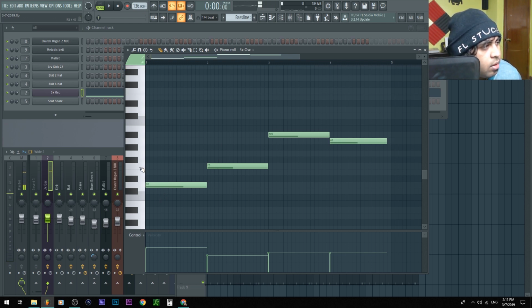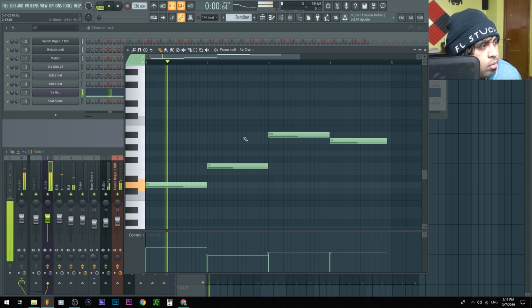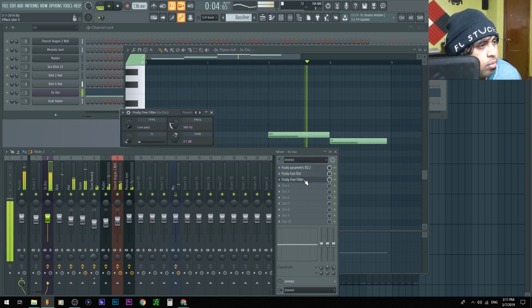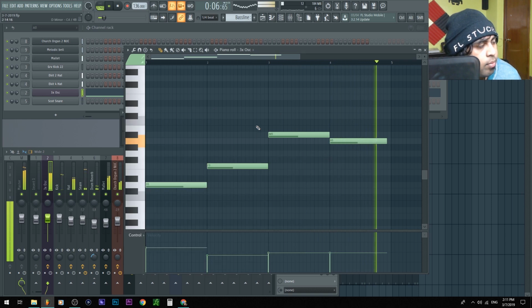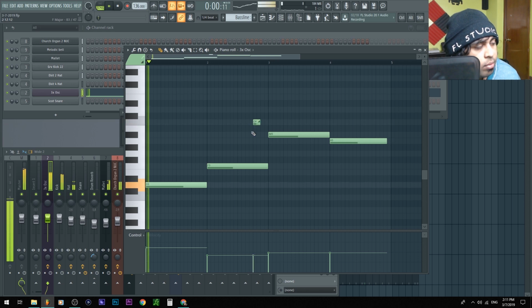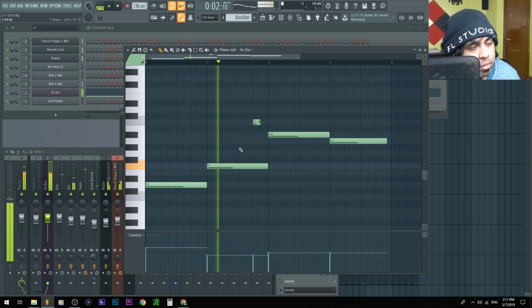That's essentially what that is. We can even do like slides and stuff like that if you click this button here. How about if we drag it up to there, like this.